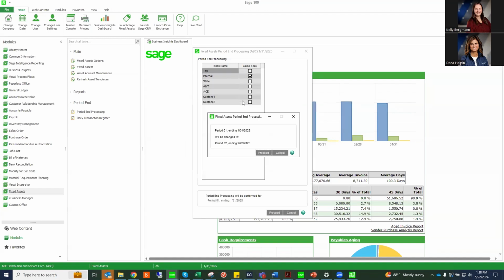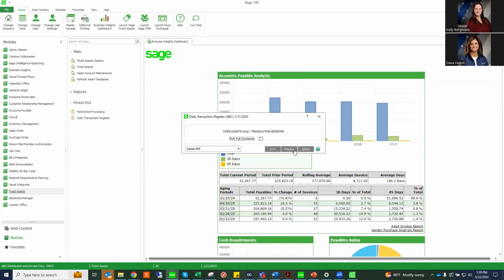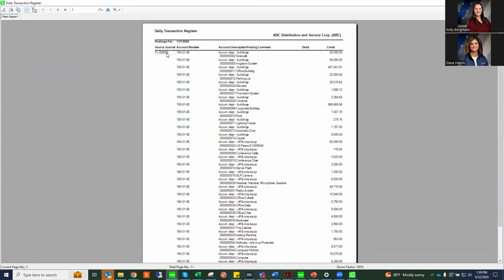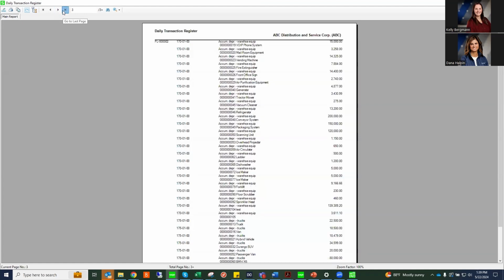Now the daily transaction register is going to give you a journal entry with a summation of all of the assets added together. It'll be a summary journal entry. And I'll show you here. Source journal is always going to be FL, and you do have your, as usual, register number. So this is my journal entry for my assets, and I had this